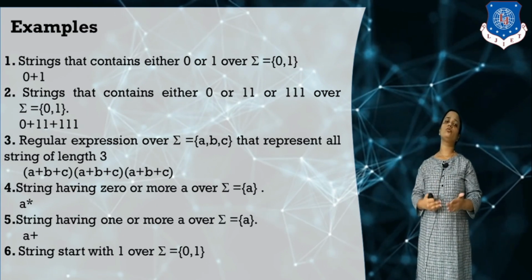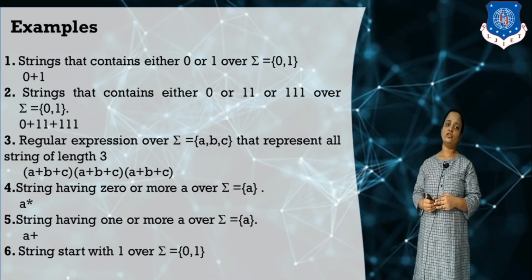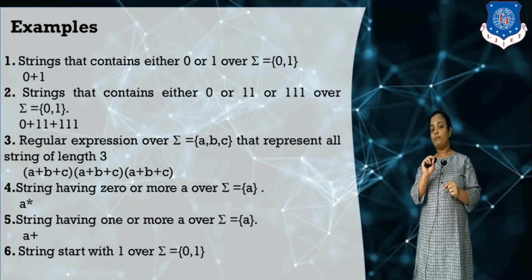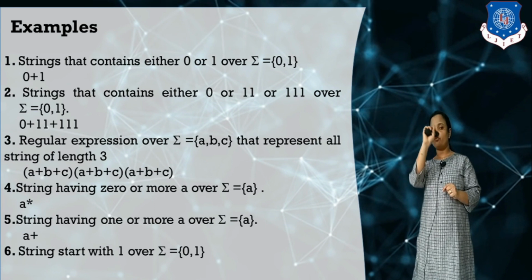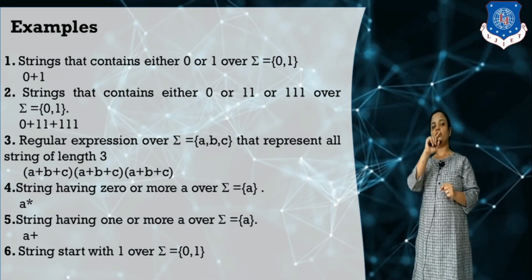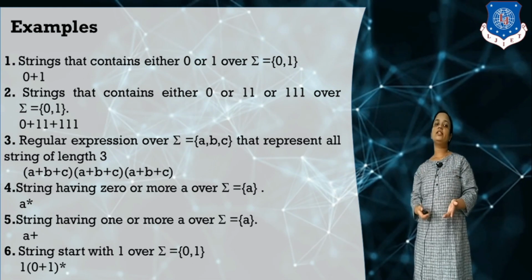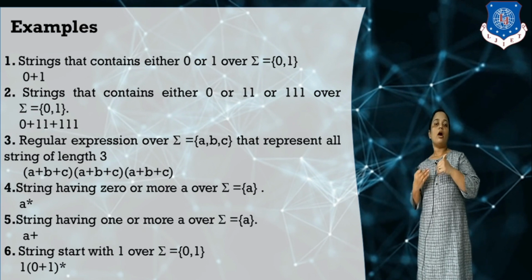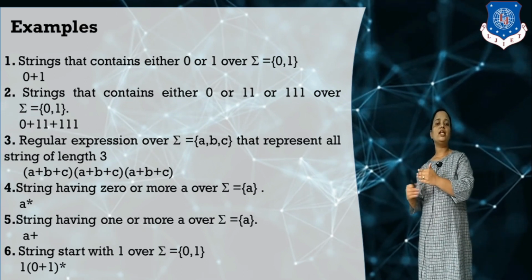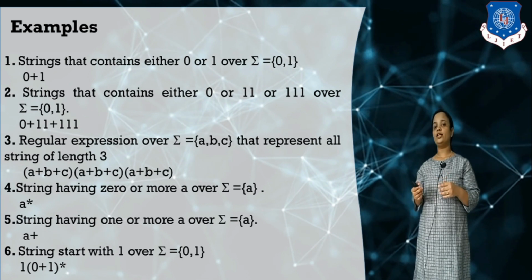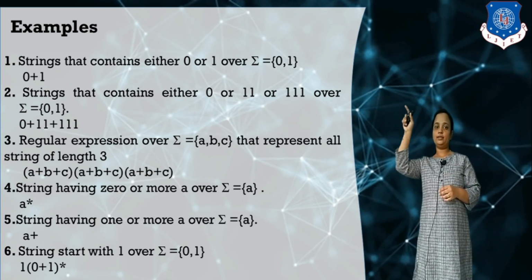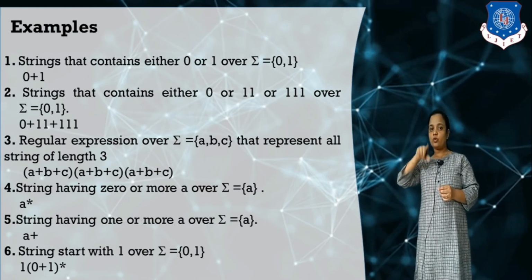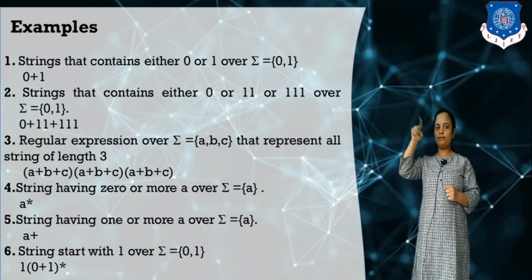So what are we going to do? How can we write the regular expression? First of all, we have to write the position which they have given first. So what letter should appear first? 1. So 1 dot, and after this 1, if I want to generate an infinite set of strings, any combination of 0 and 1 is allowed. So how can we write it? 0 plus 1 whole star, because star indicates this term 0 plus 1. Either you can pick up 0 or 1, so any combination you can take.